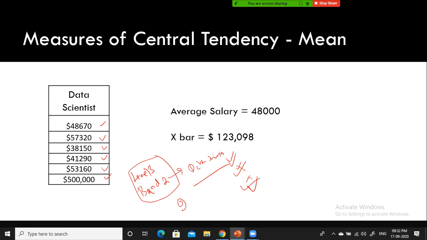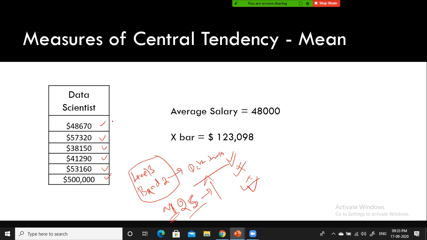Though they are falling in level 3 and band 2, it is something like, right, a 25-year-old guy. A simple example for you to understand. All the 6 data scientists are 25. Just because their age is 25, we cannot expect that all the data scientists whose age is 25 have the same salary. We cannot say that, isn't it? Though this guy's age is 25, he worked with Google for 2 years, because of which his salary is very high compared to others. There could be various reasons. That's the reason why we can see different salaries for the same level of employee.